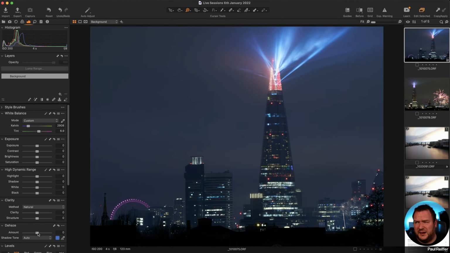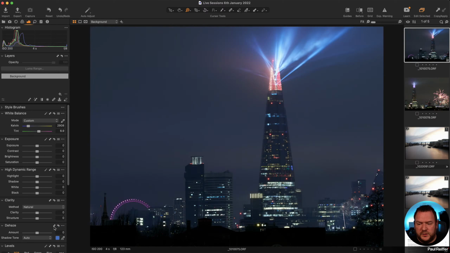So we do have the dehaze tool. Now, dehaze tool got brought in I think it was version 21 from memory, or maybe it was later in 20, one of those two. And effectively, the dehaze tool is using the existing tools in Capture One, but as a bit of a recipe, as it were, to fix this problem in itself. So if I scroll up with our dehaze tool, we can see it is sharpening and getting more detail and more punch to the buildings here, but it's also removed that blue tone that I just put in. Why? Well, because the shadow tone is set to auto, and the shadow tone for the dehaze tool is what Capture One is told to remove.